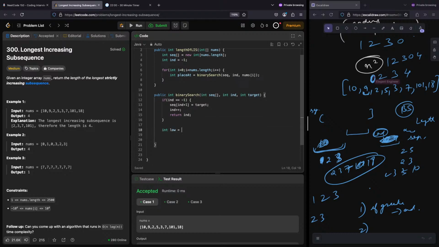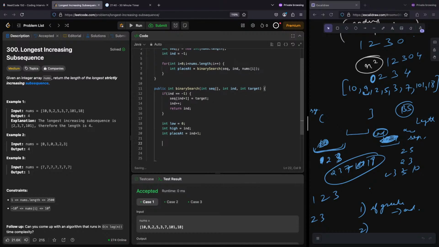So int low will be 0, int high will be index, because those are the elements that I have, and int place at will be -1 for now, or it will be index plus 1, assuming that it is the greatest. Now, while low is less than or equal to high, int mid is equal to